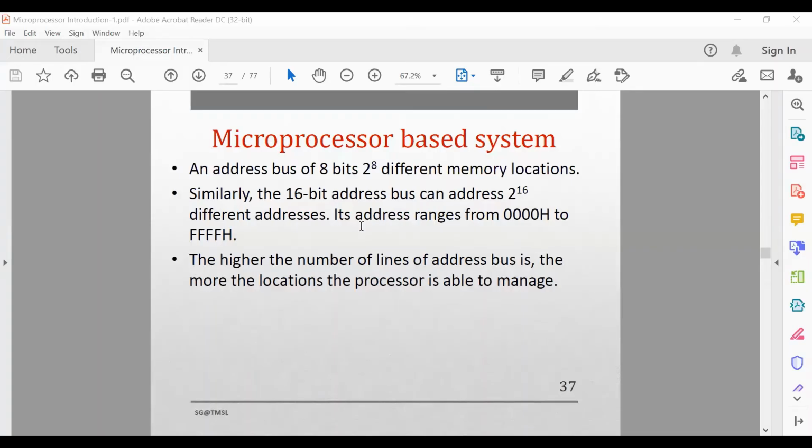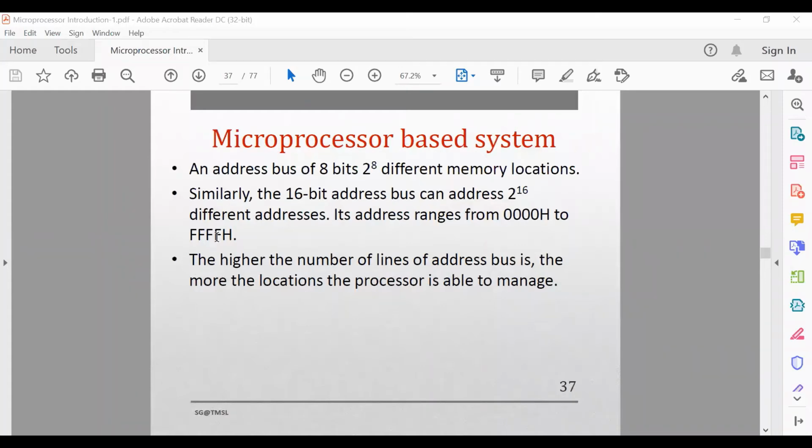Okay, so 16-bit number. Each hexadecimal digit is equivalent to 4 binary digits, so 4 plus 4 plus 4 plus 4. What is the size of this one? 16 bit. So the maximum 16-bit number will be from all zeros to all F. 0000 is the initial memory location, and FFFF will be the last location of your memory space, because we know that the hexadecimal number system goes from 0 to F.